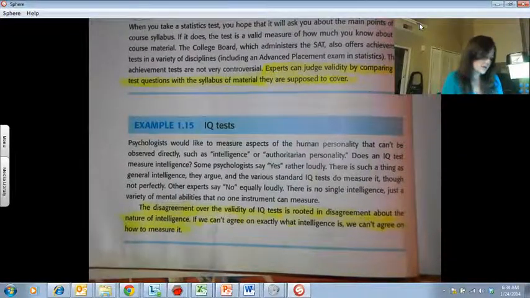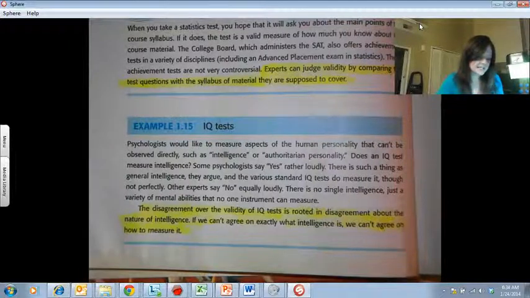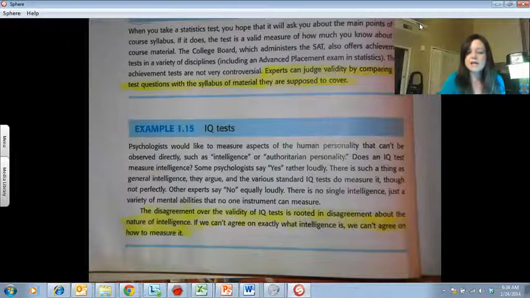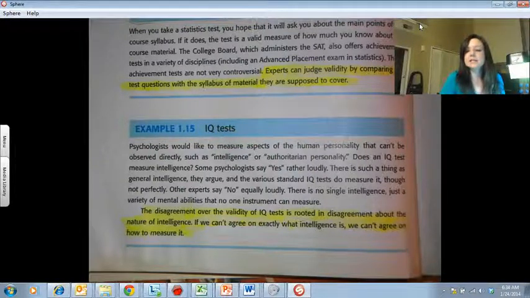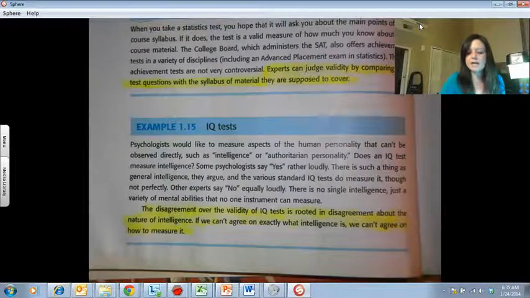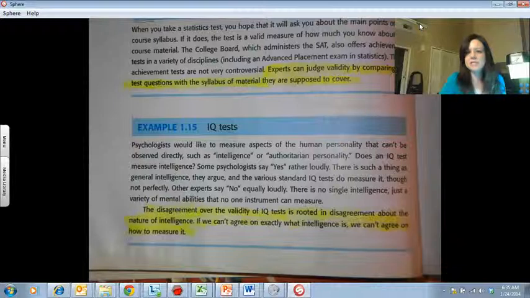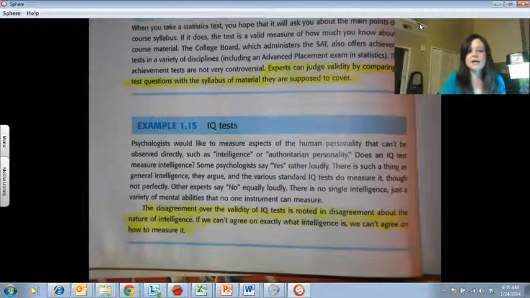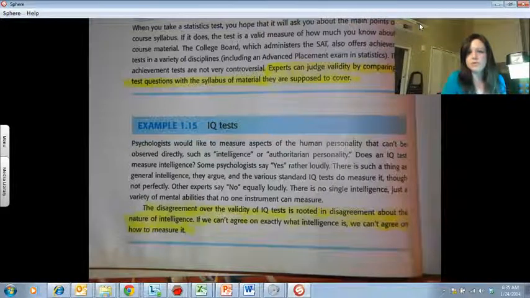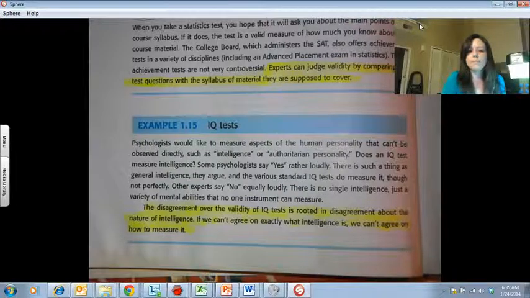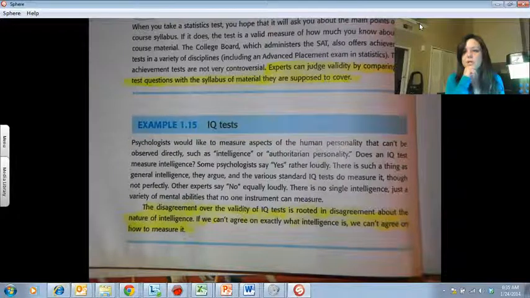So right here that I highlighted, the disagreement over the validity of IQ tests is rooted in disagreement about the nature of intelligence. If we can't agree on exactly what intelligence is, we can't agree on how to measure it. So in order to have a valid measurement, you really have to have a good definition of what you're looking at. Like we were doing with those songs, you could debate whether or not those words that we chose to count, which maybe we should go back and make a rate of that based on how many words there were in the entire song,